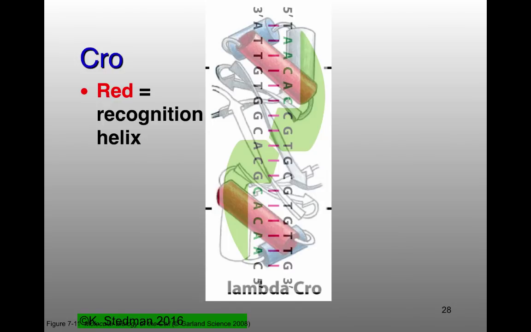But the idea is that here we have our recognition helix. It represents, I call this the swoosh of your dimeric protein here. Here's another recognition helix in your dimer. It's recognizing this piece, and it's really sitting in the major groove of DNA here. In the background, where these two are touching each other, that's the dimerization. And so that's these two beta strands here, which are interacting with each other, that are not interacting with the DNA. Does this kind of sort of make more sense now? Yes, no, maybe.